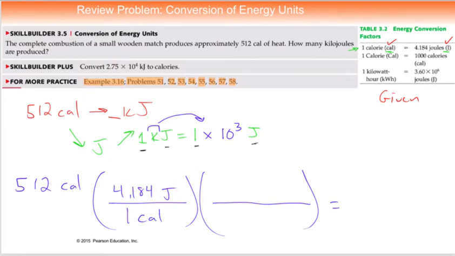And then if we pause for a second and think about what we're doing, calories would cancel out. We're left with joules. And now, joules, which portion is going to go on the bottom? This portion is going to go on the bottom because I want joules to cancel out. And notice what happens. Joules cancel out. And now the only unit left is kilojoules, which is, of course, what we want. Mathematically, anything that is on top of the expression is going to be multiplied by. Anything on the bottom of the expression is going to be divided by. If you plug and chug this, you get